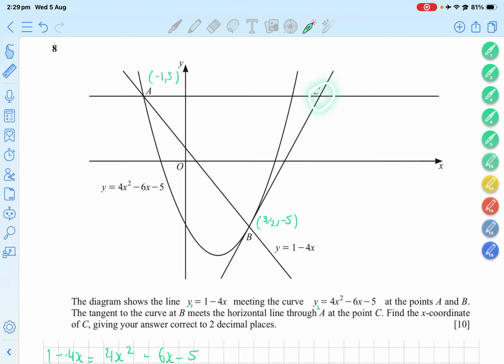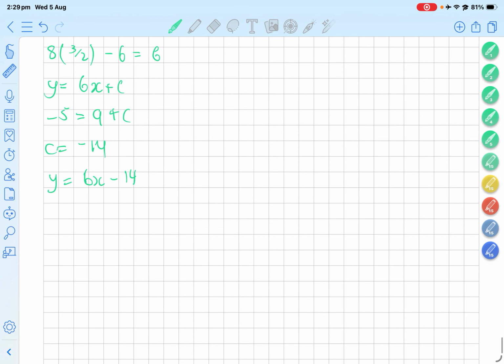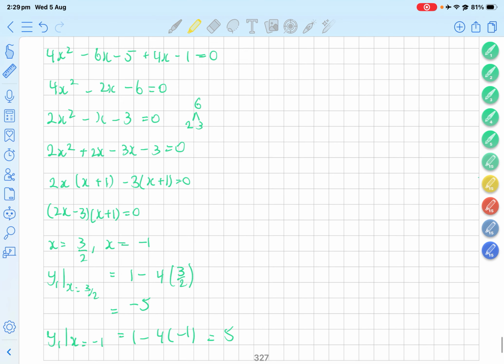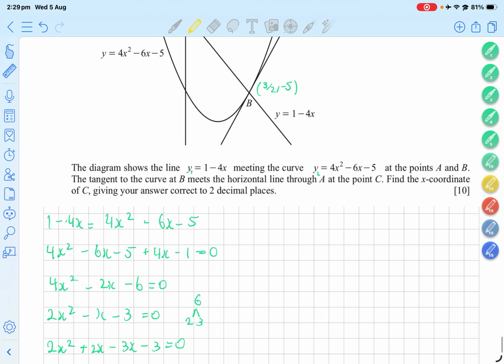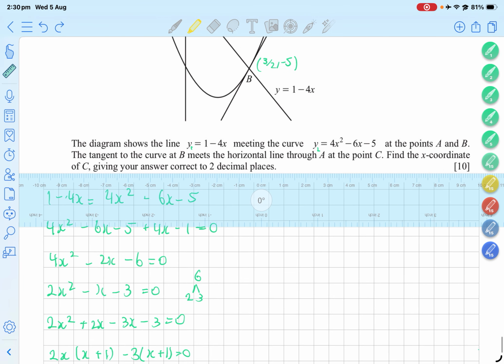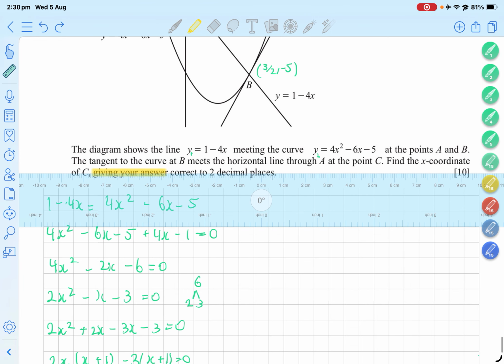Finally, I want to find what this thing is. I know that it's something comma 5. To find that something, put it into the equation. So 6x must equal 19. x equals 19 upon 6. And since they told us to give our answer correct to 2 decimal places,